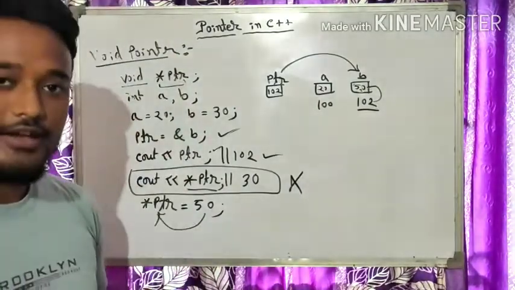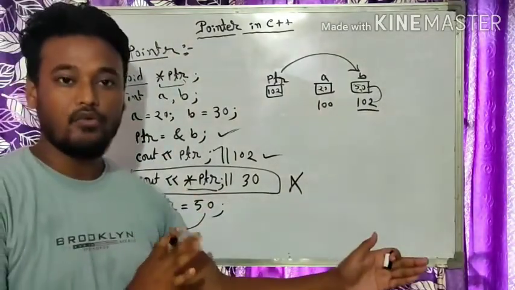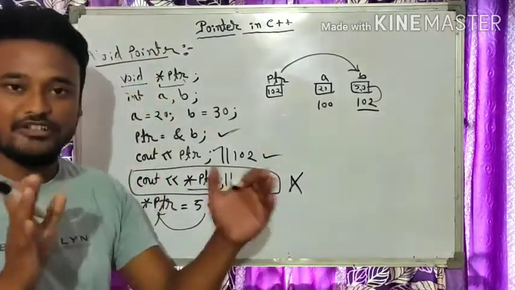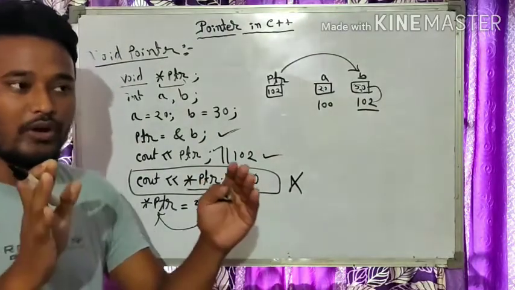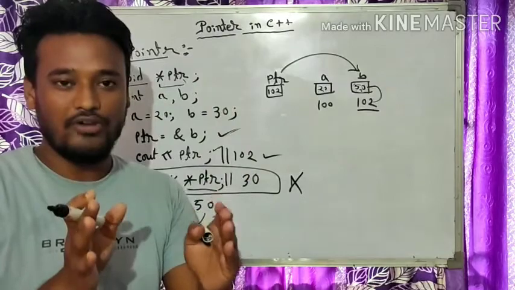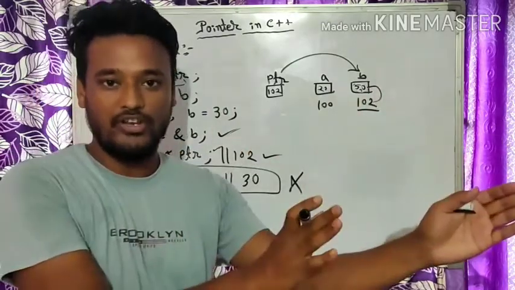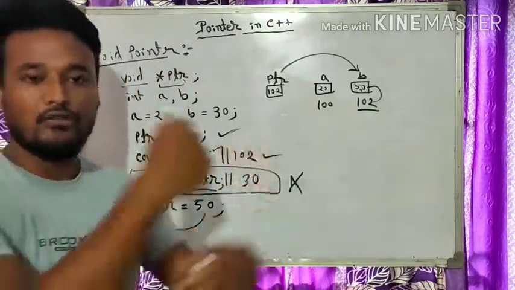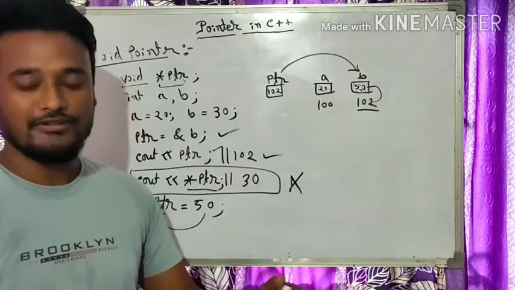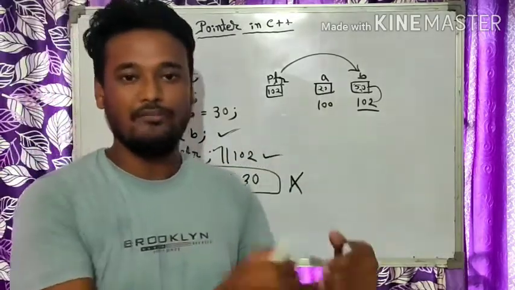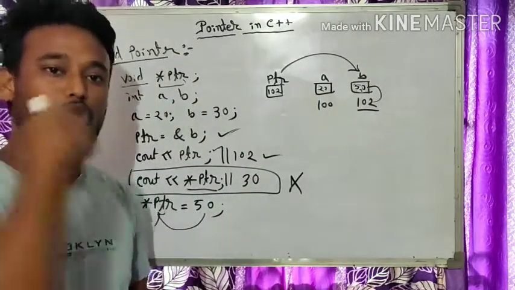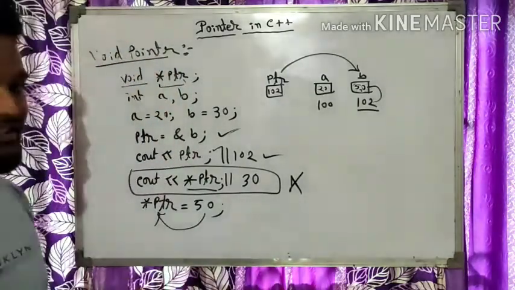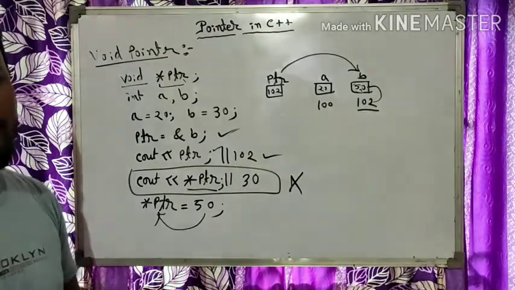In this case, what we can do, just like our normal variable, is use type casting. I think all of you know what type casting is. Type casting means, in short, if you want to change a variable from one type to another type, that process is known as type casting. There are two ways by which we can change the type of a variable. One is automatic type conversion. That means whenever required, the compiler automatically converts the variable type from one type to another. But in some cases the compiler will not change it automatically.